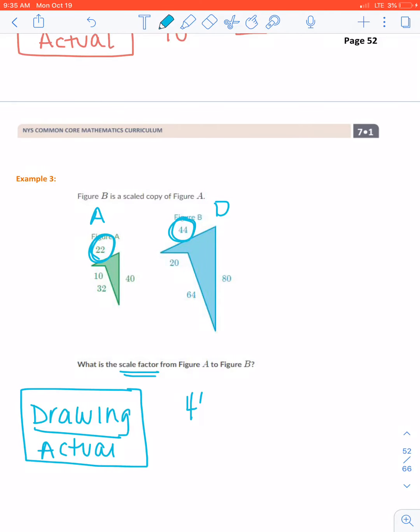So in the drawing, my number is 44. In the actual piece, it's 22. 44 divided by 22 is 2. So our scale factor is 2. Now what that means is the drawing is going to be twice as big as the original. That's what the 2 means. Everything's being